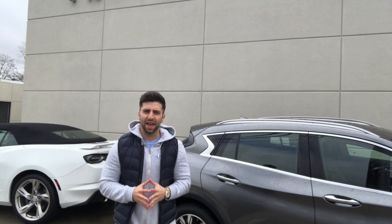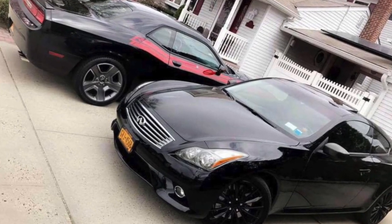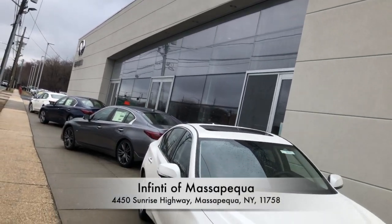I've always been a big fan of Infiniti and all of the cars that they make. I used to own an Infiniti G37 XS Coupe, and it was one of the best cars I've ever owned in my entire life. So today, I'm here at Infiniti of Massapequa taking a look at the all-new 2019 Infiniti